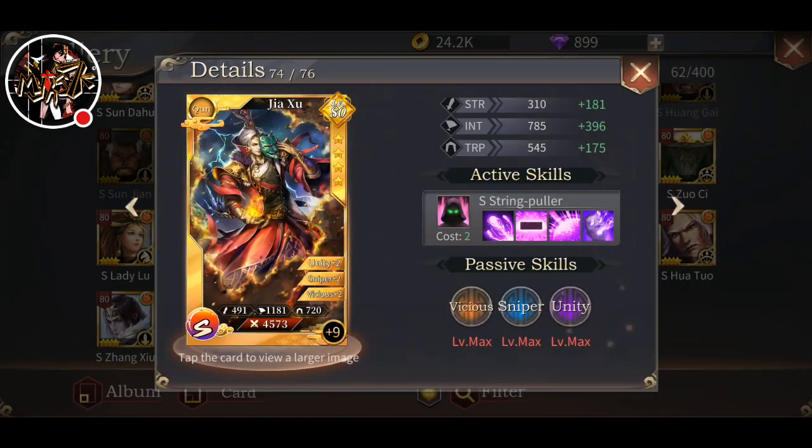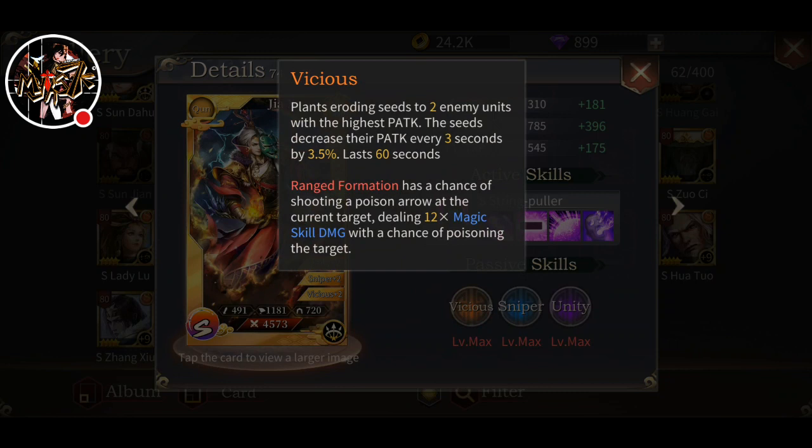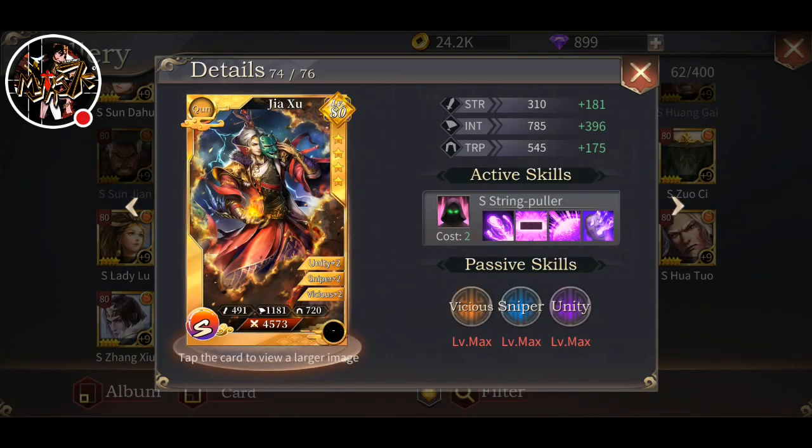Again, I'm not sure about the scaling, but look at his passive. So basically eroding seeds to 2 enemy units with the highest P attack. The seed decreases the P attack every 3 seconds by 3.5%, last 60 seconds, okay? So it's a continuous debuff, and it goes well with